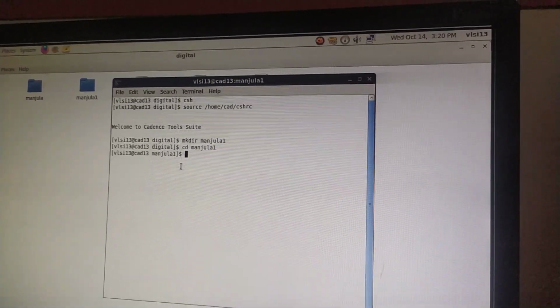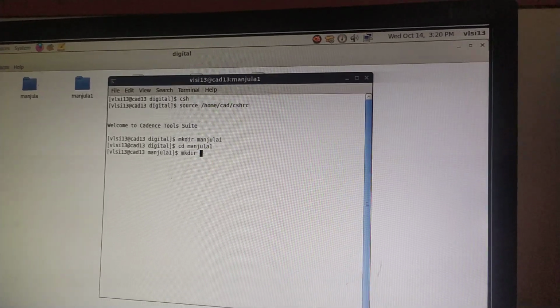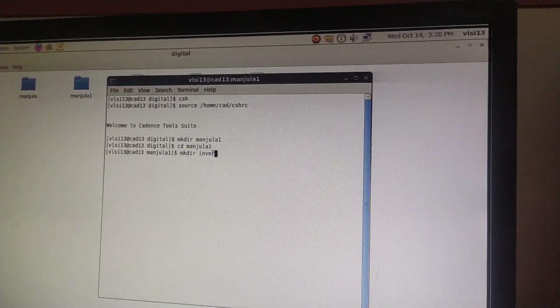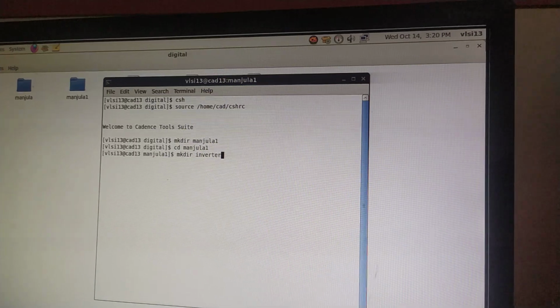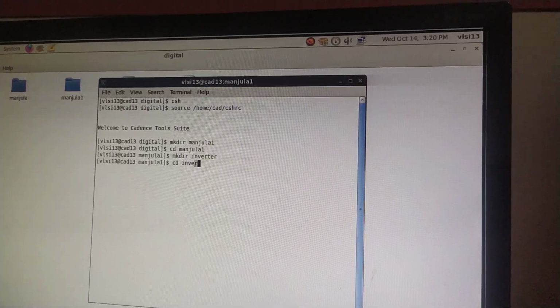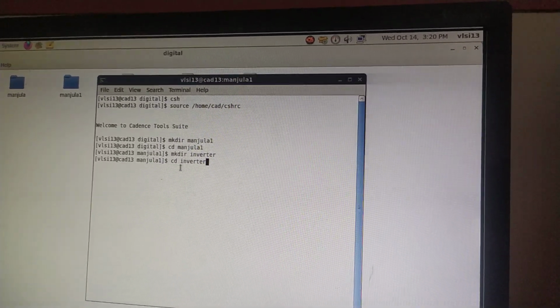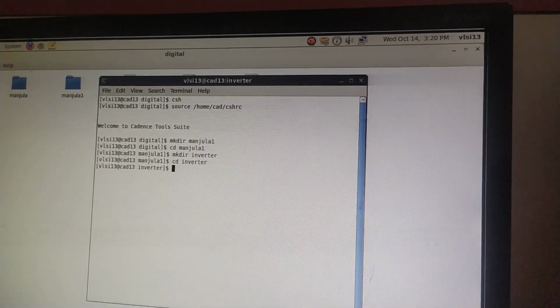Same make directory: I am writing an inverter program, so I make directory inverter, then cd inverter, meaning I am entering into the inverter directory.